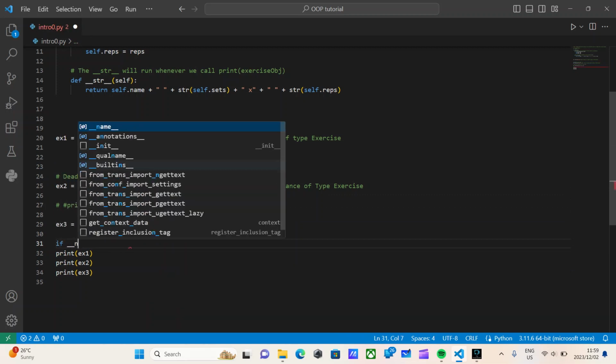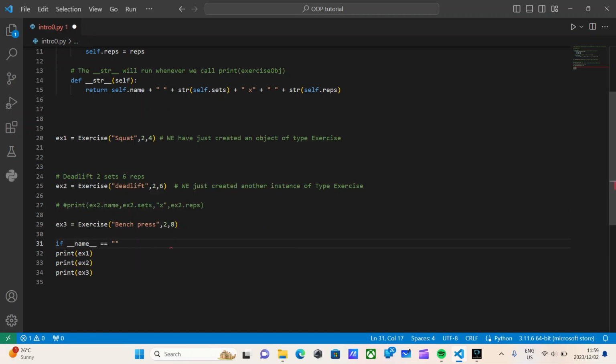Then we will say if dunder name is equal to dunder main, and we will just indent these 3. There we go. This will ensure that when we import from this file, we do not get any